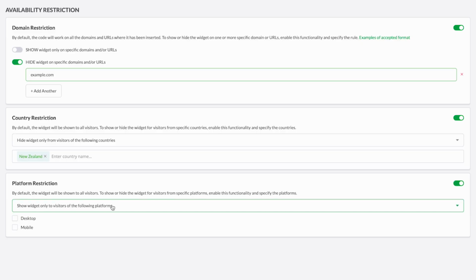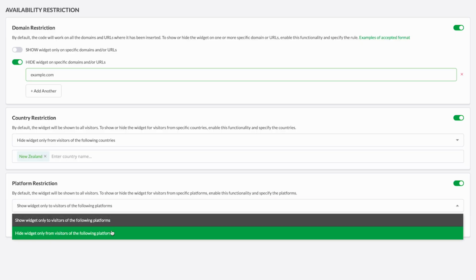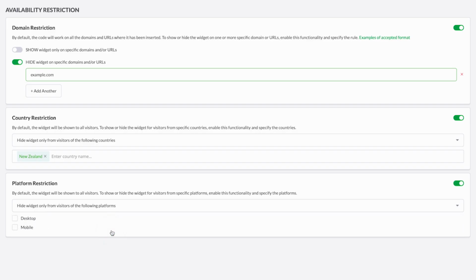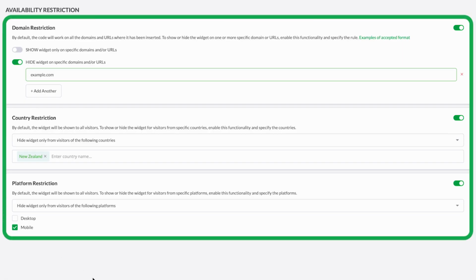affect results. Platform restrictions give you the choice of showing the widget on desktop, mobile, or tablet devices. For instance, you may decide to disable it on mobile if you prefer visitors to reach you through a different channel. By combining these settings, you can make sure your widget is visible only where it makes sense, whether that's